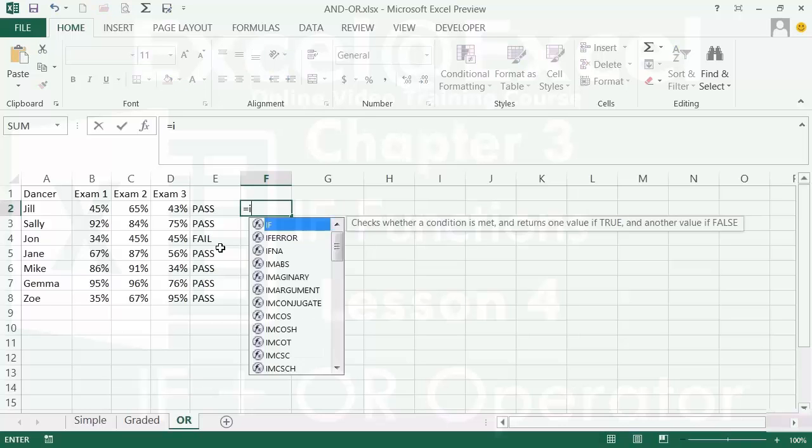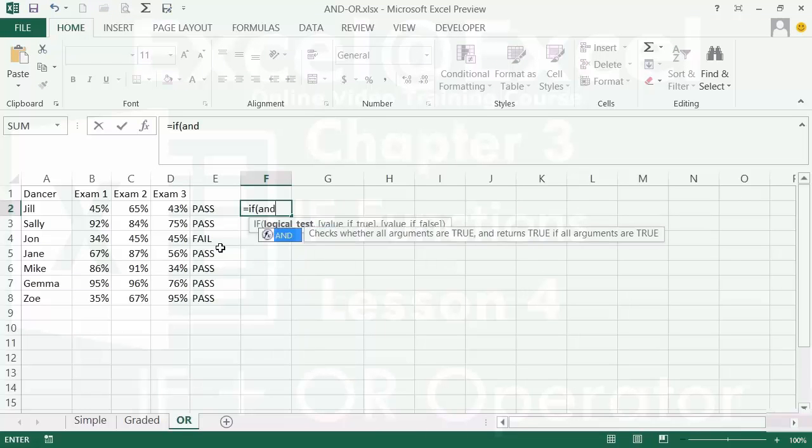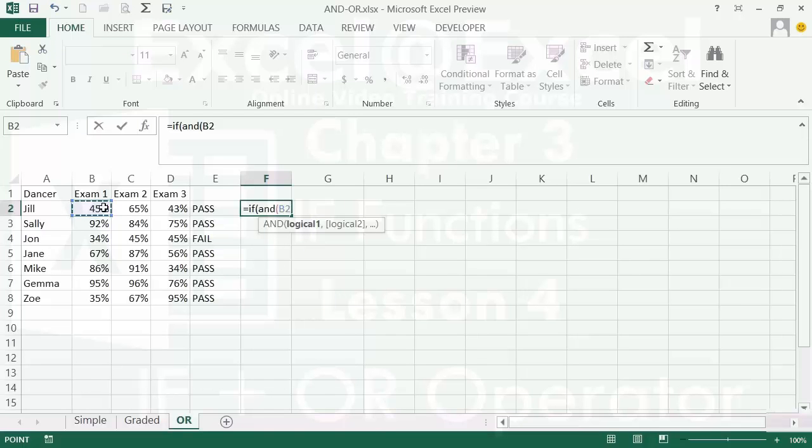Equals if, open brackets, and, because you must pass the first exam, so the first one must be greater than or equal to 0.55, comma for the second logical test, but my second logical test I'm going to replace with an OR, so effectively I'm embedding the OR inside the AND, and we can say OR, the second one greater than or equal to 0.55, comma, third one greater than or equal to 0.55,